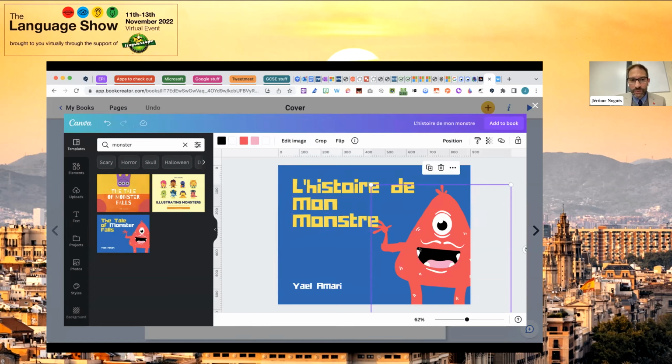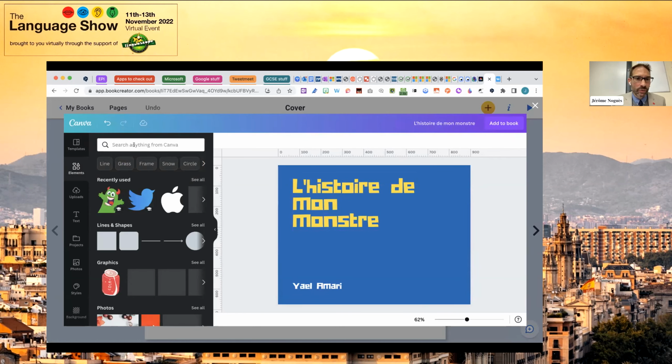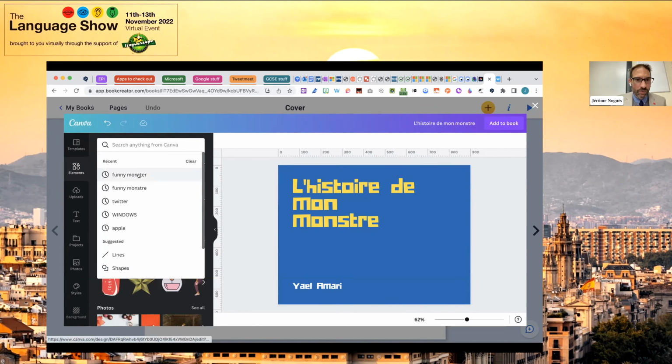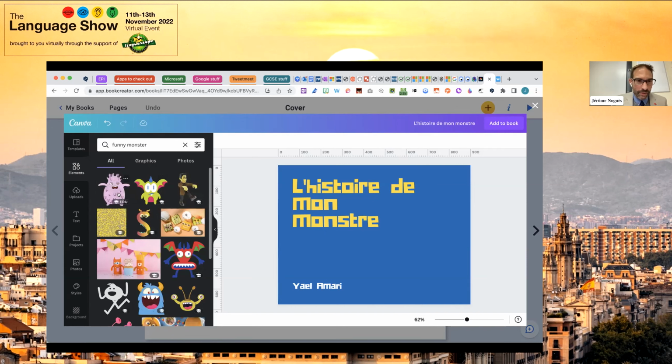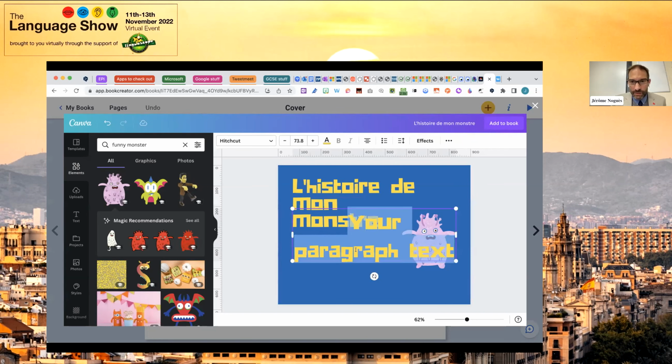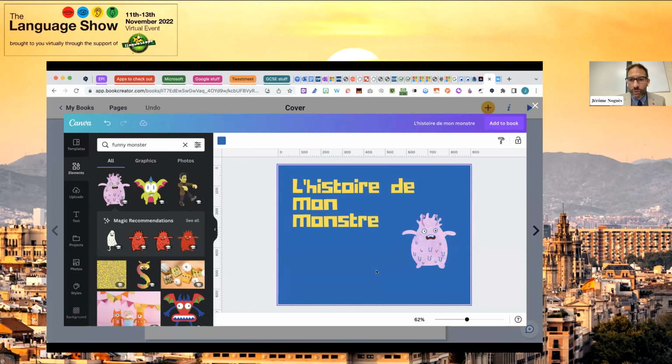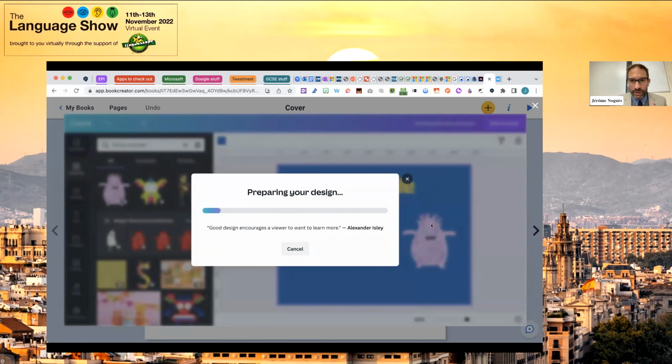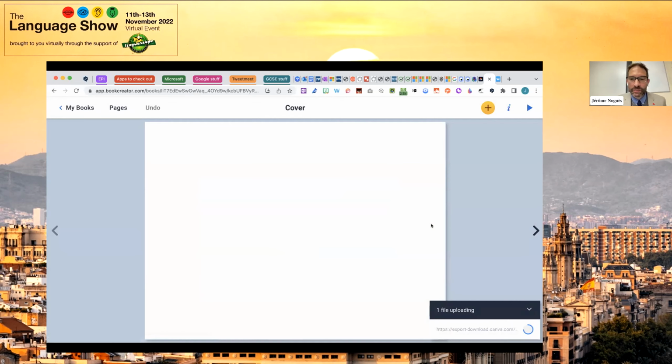And I can change this if I wanted to look for some monsters in there. You need to go to Elements, and I've got a funny monster here. It doesn't really matter, just put that one in. Move it there, I change the name here, by Jérôme. No, not that. And text, T for text. Oh, that's got to be large. Anyway, I'll leave it that way, to go a little bit faster. Then add to book. And you can see it's going to be putting in there. So that's amazing. You can create some stuff from Canva and pop it straight in as a cover or as something else into your Book Creator. And it's going to be coming up shortly, hopefully.